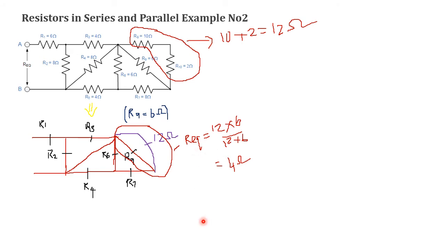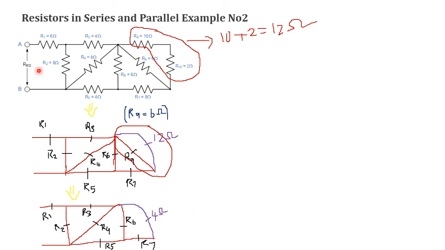So here we can take out these two resistors and replace them with a 4 ohm resistor. So I am going to again redraw this circuit. So here the 4 ohm is connected in series with R7, but these two resistors are connected in parallel with R6. Therefore we can simplify more according to our equivalent resistance equations. Here R7 is 8 ohm, here 4 ohm. So 8 ohm and 4 ohm are connected in series. Therefore the equivalent resistor will be 8 plus 4 is equal to 12 ohm.